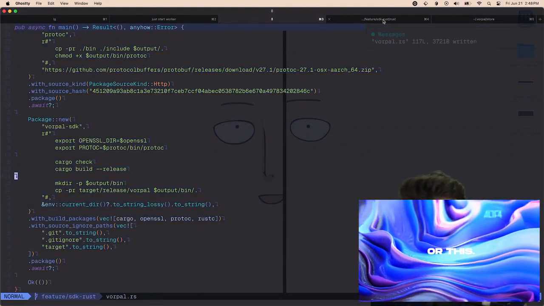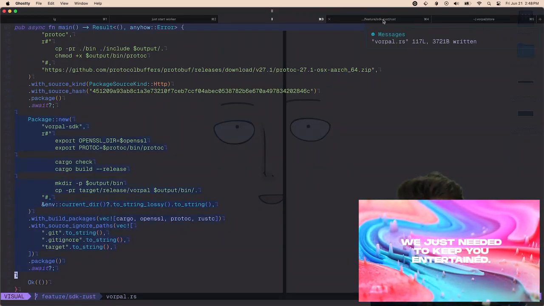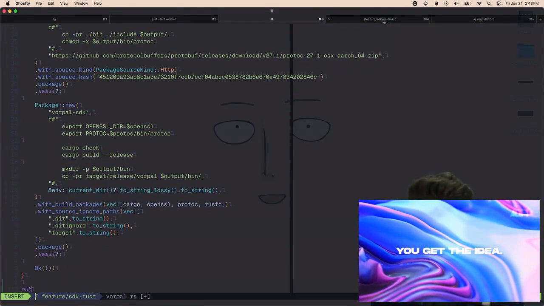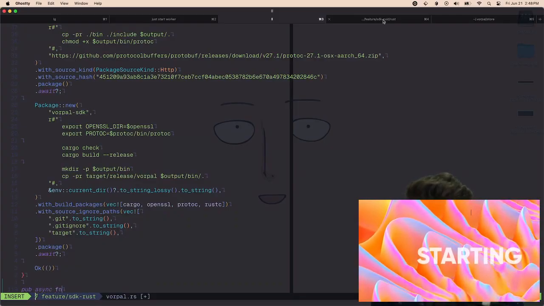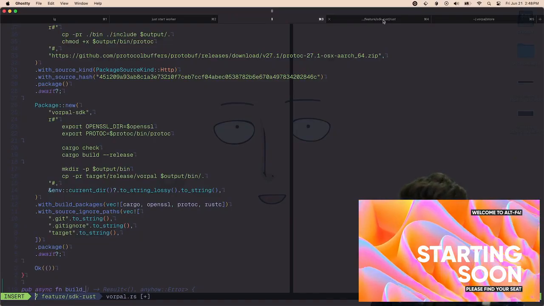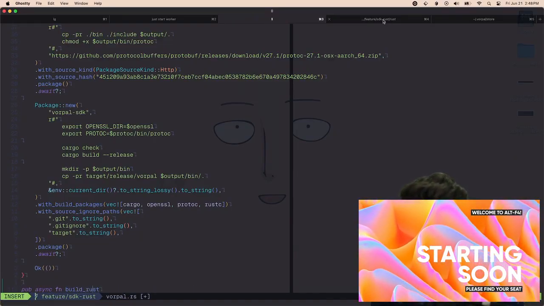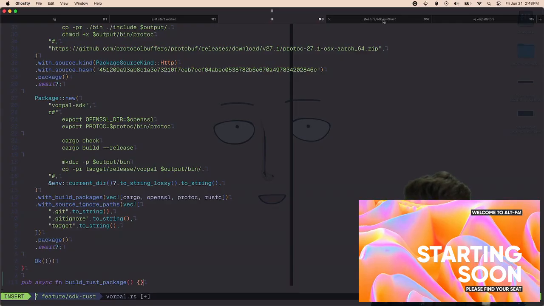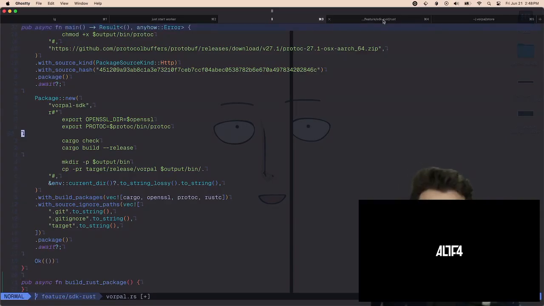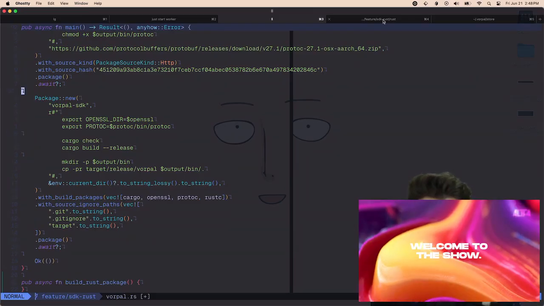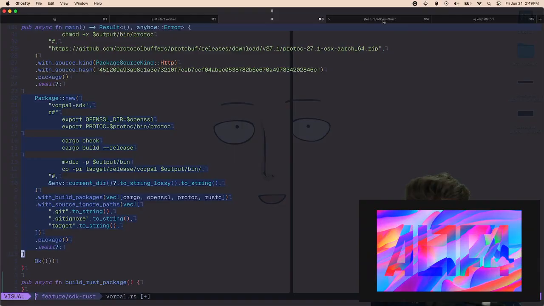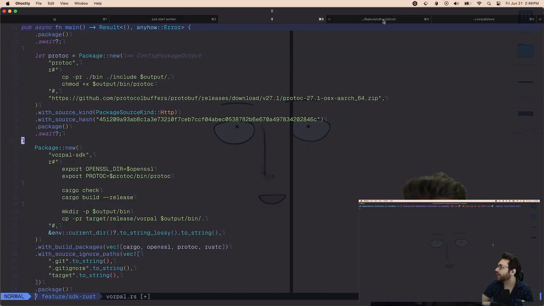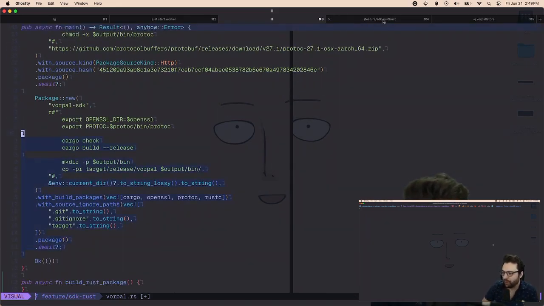And then another thing I want to figure out is within the SDK, this is a package new, but realistically what I would want to do is a pub async function, like build Rust package, right? The idea here is that if you are a Rust developer, then all you would have to worry about is passing in parameters to build Rust package, and then everything else you would need would be wired in. So like, for example, technically all of this